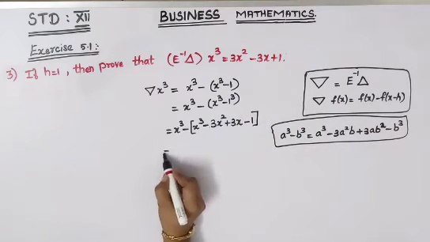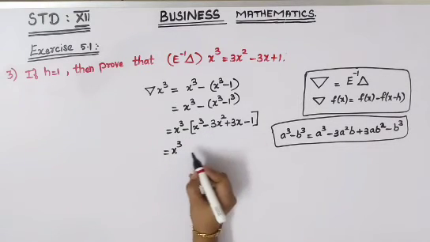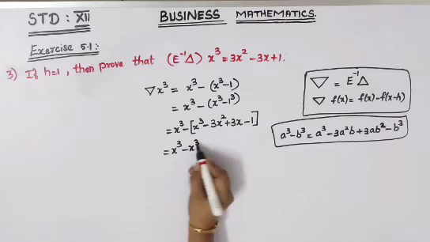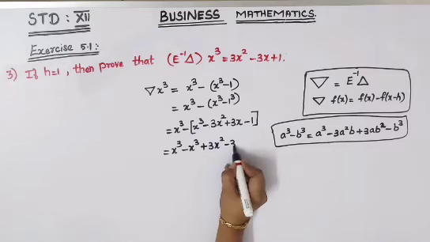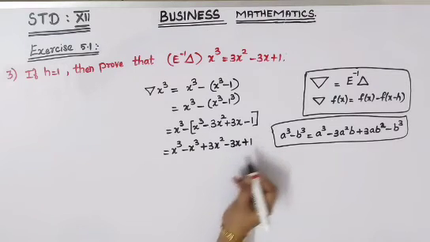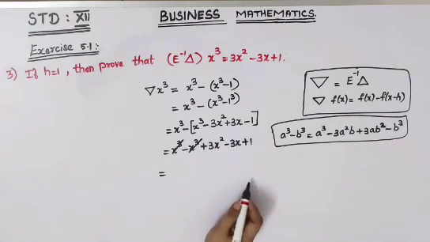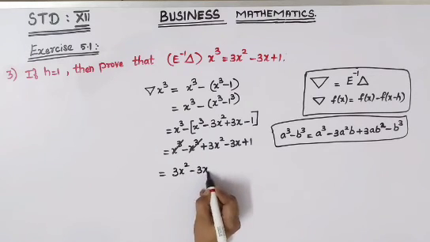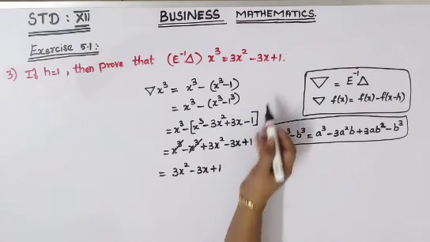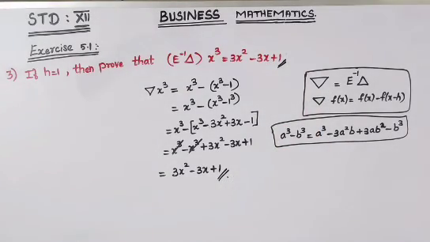Now when you are solving, just multiply this minus to each term. Okay, so it is minus x cube plus 3x square minus 3x plus 1. Now you can cancel x cube and minus x cube. So the left out terms are 3x square minus 3x plus 1. That is the answer we needed to prove here. So we have got the answer. So this is the answer for your third question.